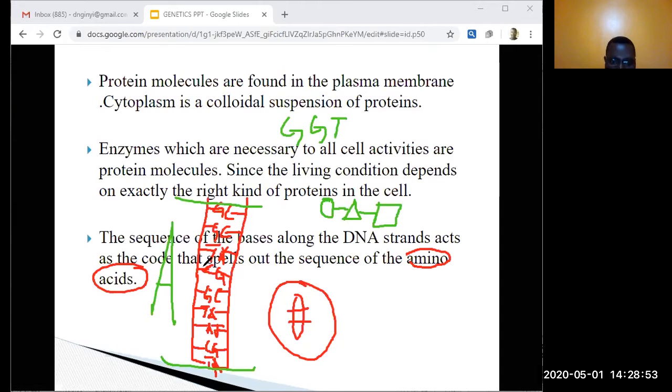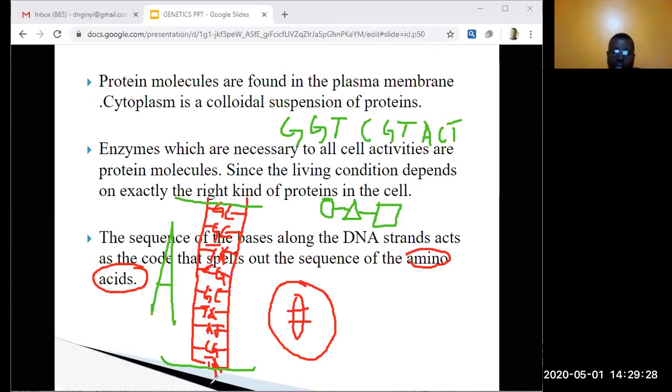Then we have the second codon, what is it? This, and thymine. Then we have the third one. The third one is adenine, cytosine, thymine. Now, what it means is that this information which is stored in this DNA molecule,